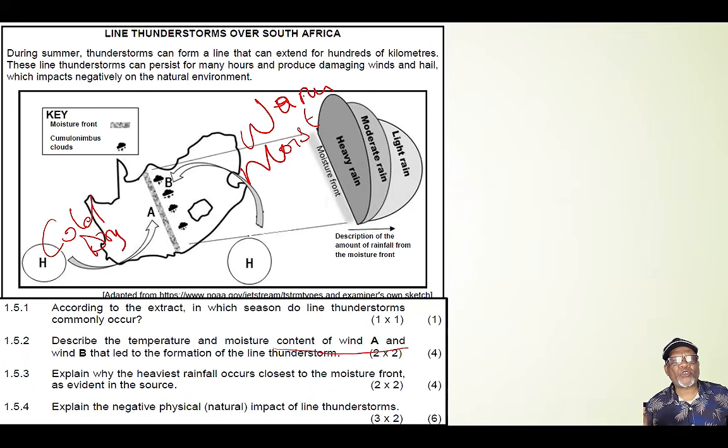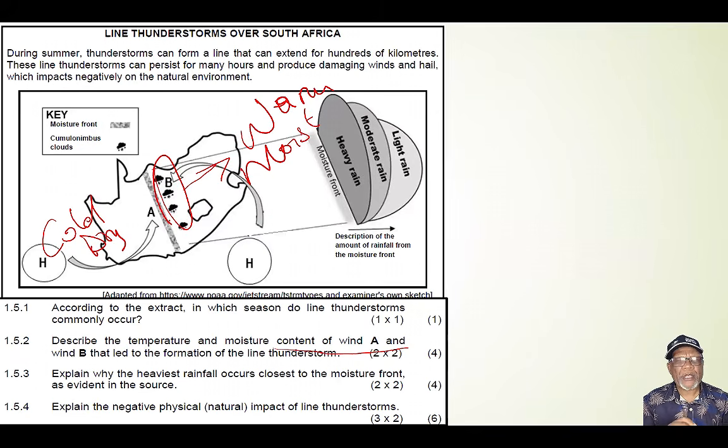Because it's warm, there's going to be more evaporation. That's why it gets moist. This one is cold. Because it's cold, there's going to be less evaporation. That is why it is going to be dry. So those are the characteristics. So now let's look at this question here. It says, explain why the heaviest rainfall occurs closest to the moisture front, as evident in the source. Why are we going to have heavier rain here and the rain is going to decrease when you move away from here? It is because this part over here is closer